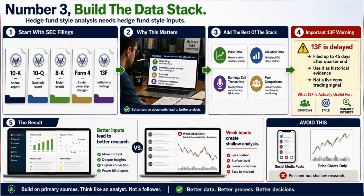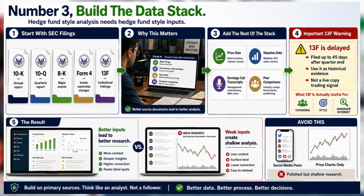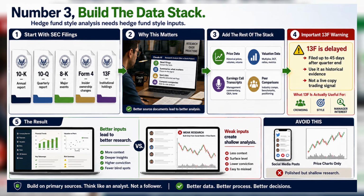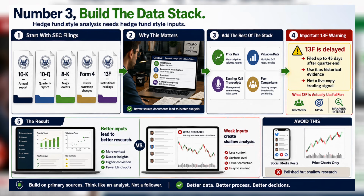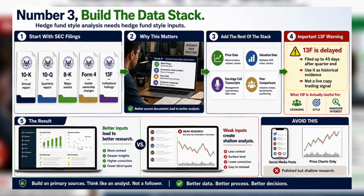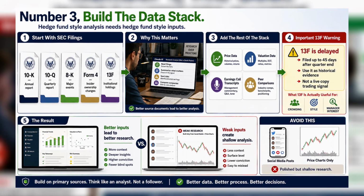Number 3, build the data stack. If you want hedge fund style analysis, you need hedge fund style inputs. Start with the SEC filings that actually matter. 10K is the annual report. 10Q is the quarterly report. 8K is the current report for major events. Form 4 is the report for changes in insider ownership. 13F is the institutional holdings report. If you skip those and rely only on social media summaries and price charts, Claude will give you a polished